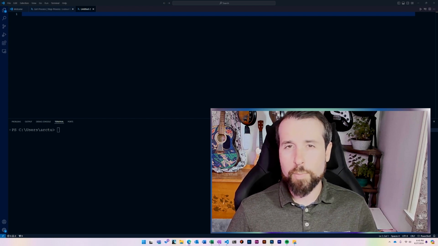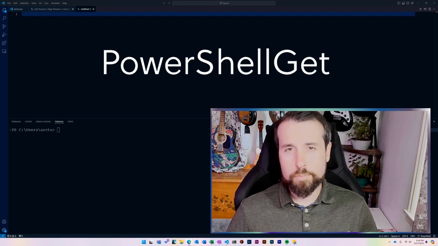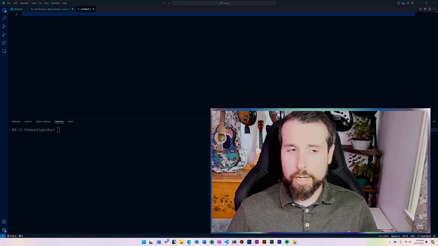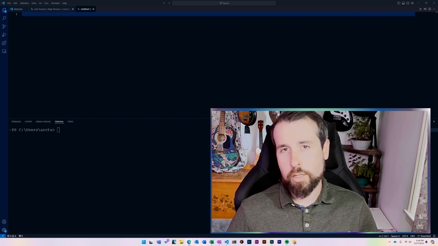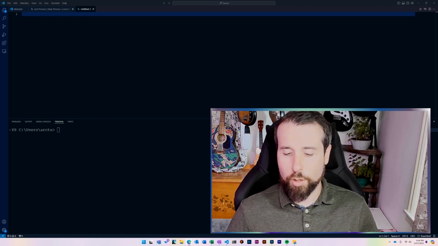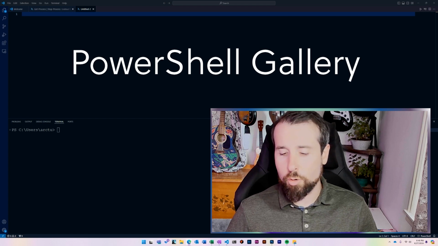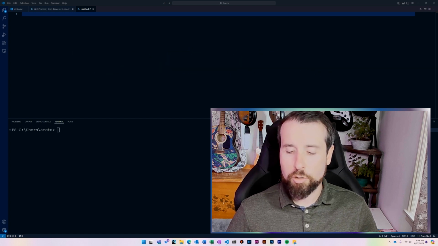So let's look at one of the main tools that PowerShell has created to get new commands and look for new modules. This is PowerShellGet, and this tool just gives you a collection of utilities to get commands from different repositories. Now, the main repository is the PowerShell Gallery, which is Microsoft's own repository of PowerShell commands and